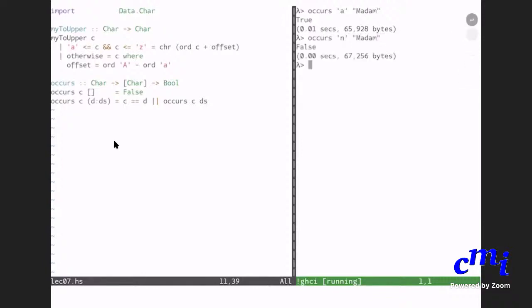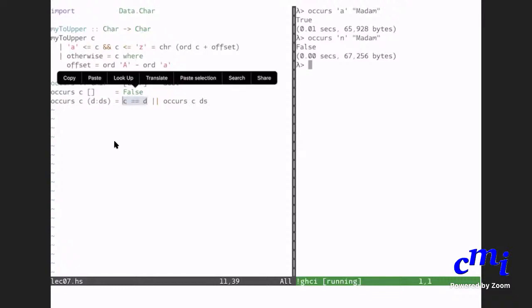Okay, so that gives true, this gives false as you expect. But actually, do you notice something about this occurs function? Does it have anything to do with the characters at all, really, if you look at the definition? No, it can be any type as long as the type has equality. Who's saying this? Chandradeep. Anyone else? Yeah. So the only thing you used is equality. There was nothing else that was specific to characters that we used. So you can actually make this more general.